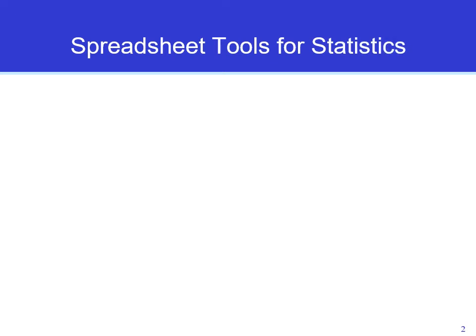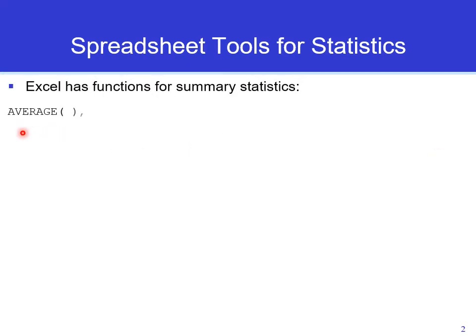Spreadsheet tools for statistics. Excel, as a spreadsheet software that you are all familiar with, has a set of functions that we can utilize for statistical analysis. For example, we can use Excel to find the mean or the average of our data, the median, and the mode, which are the central tendency measures that we have, and also the variability measures such as